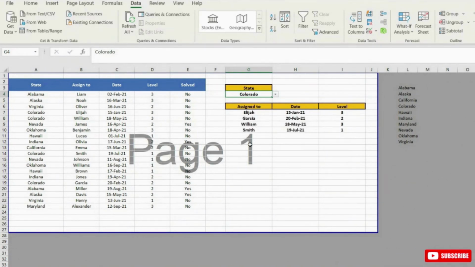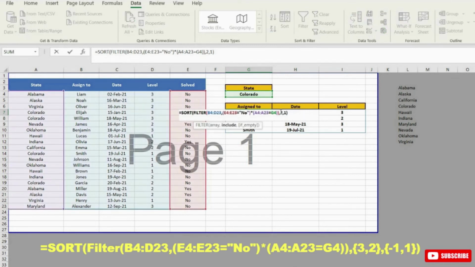Now, if we would like to have an option to sort the data by a combination of requirements, let's say I want to sort the data by the level of urgency, imagining that level 3 is the most important at the top of that list. In our example, Colorado has 2 issues with level 3 urgency and different dates. In order to list that properly, we come back to the SORT option and go back to the sort index and enter